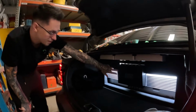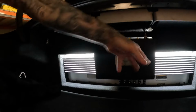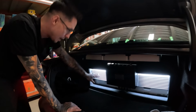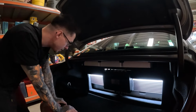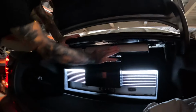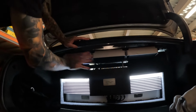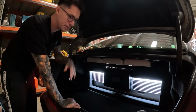So we have the Brax DSP here. That is controlling everything, and that is going from the Brax DSP to a pair of Sinfoni Prestigios, one of which was modified by Gordon Taylor. These are powering mid-range and tweeter. And then we also have 3 Mosconi Pro 410s. These were powering mid-range and tweeter and the mid-bass. One of them is bridged to mid-bass, the other one was doing mid and tweeter,